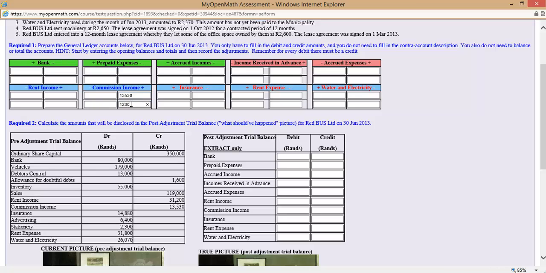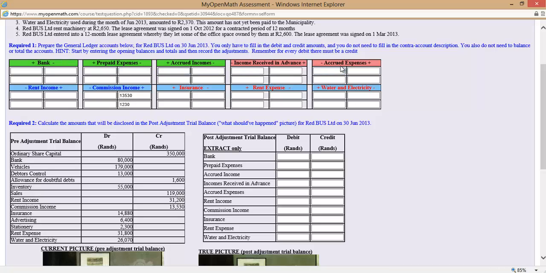And because I've deserved it, but I have not yet received it, somebody owes me money. So when somebody owes me money, we normally call that debtors, but in this case, we're going to call it accrued incomes.